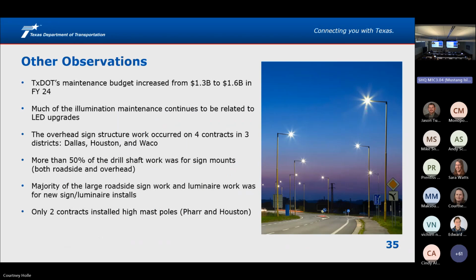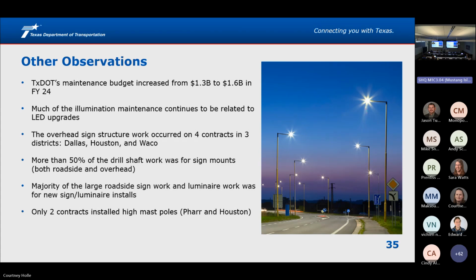In particular, when we look at our maintenance budget, so we get appropriated through the legislature. In this past legislative cycle, we increased our budget from 1.3 to 1.6 billion. That was very substantial. You can see something like 15–20% increase. However, in reality, I think the actual amount of work being done isn't a whole lot more than what it was. A lot of that was really responding to all the inflation that we had to deal with, particularly the year after COVID or so, when it was really, really bad. We were not able to do nearly as much work with the same amount of money that we had. So we did get an increase in budget from the legislature, and that's kind of reflected here.